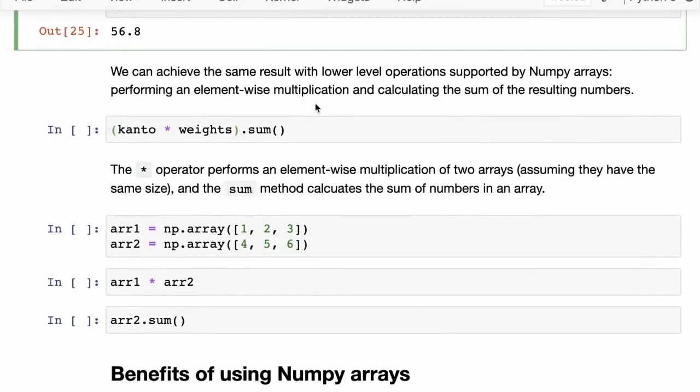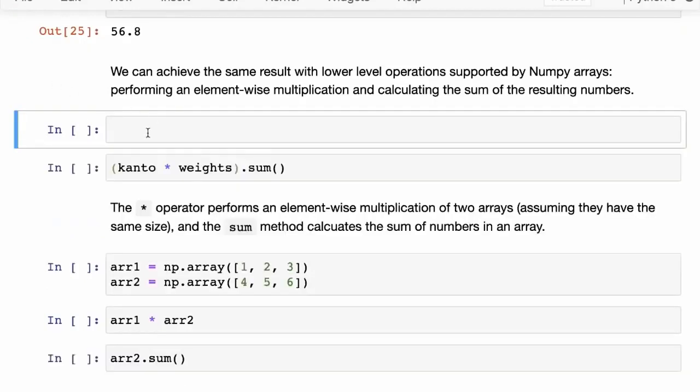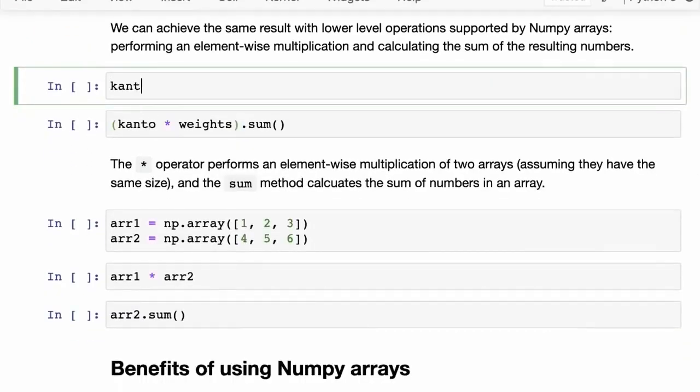We can actually achieve the same result with even lower level operations. NumPy arrays support arithmetic operators. So here, if we simply do Kanto, let's just